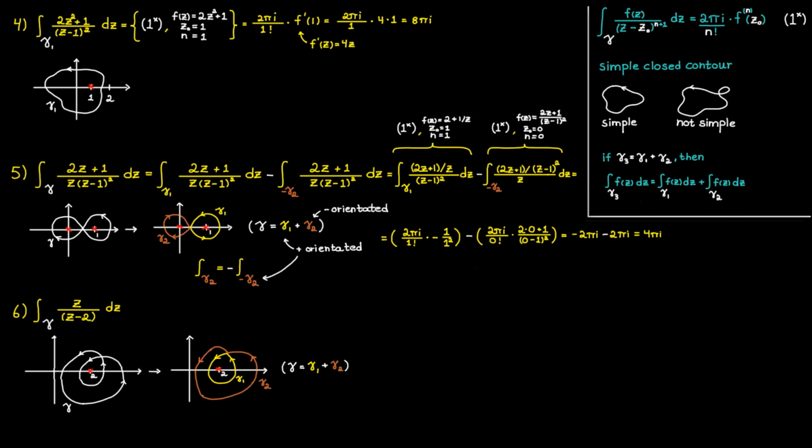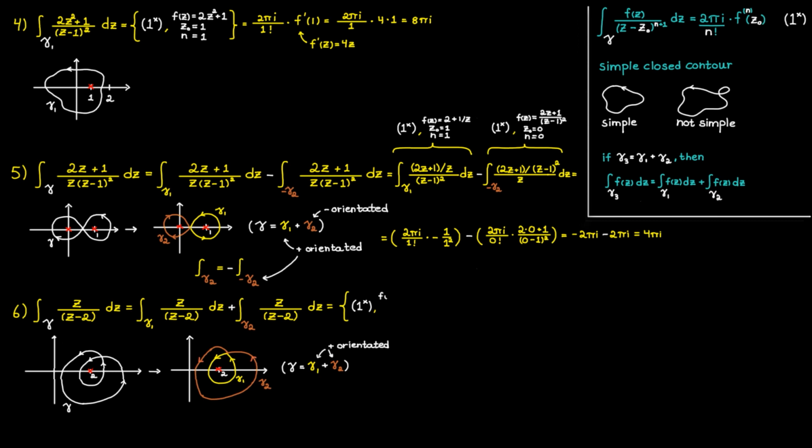So this means that we can once again rewrite our expression up here to the following and determine the integrals one at a time. And when we now look at the orientation of gamma 1 and gamma 2, we can notice that both of them are positively orientated, which is great because now we can use the formula right from the start. And since both of these two contours enclose the same singularity, we are going to have to use the formula the same way both times.